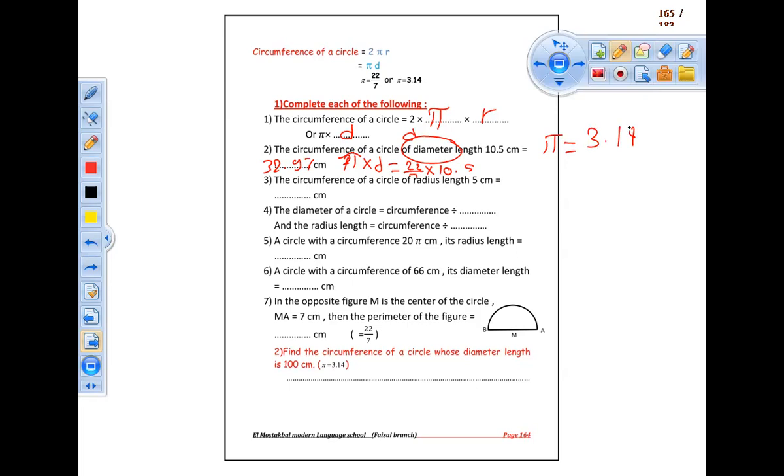Number 2, the circumference of a circle of radius 5. Then pi equals 22 over 7. Then we have the rule equal to 2 pi r. 2 times pi, which is 22 over 7, he gave me pi in the question, times r, which is equal to 5. Then the result will be